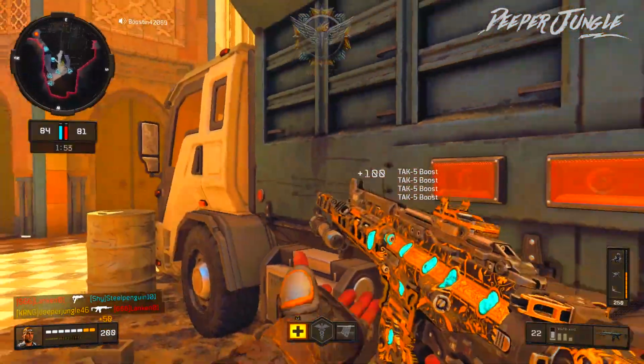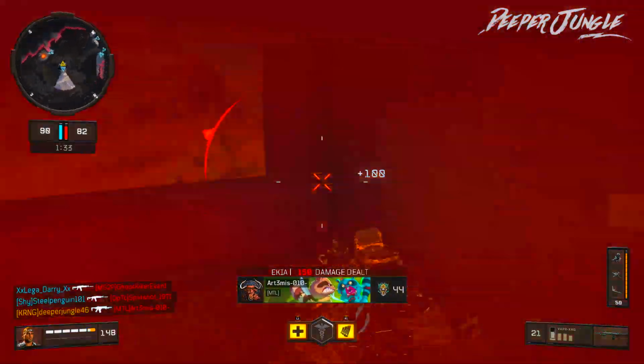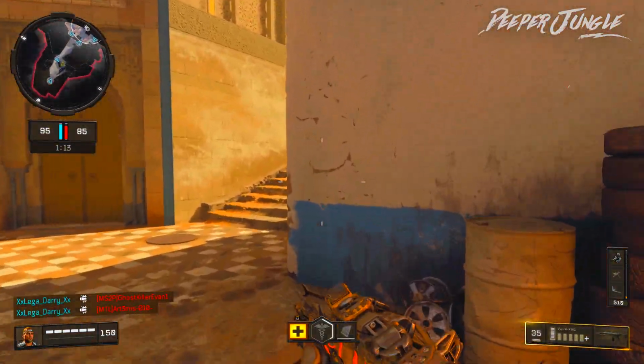Let's go ahead and give my teammates a little bit more health, and there we go, that's another one. As well as another one, okay. There's going to be the counter UAV. Let's go ahead and throw this down just so that way we have a little bit more ammunition to finish